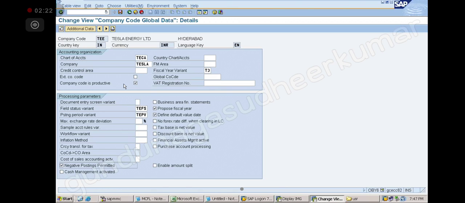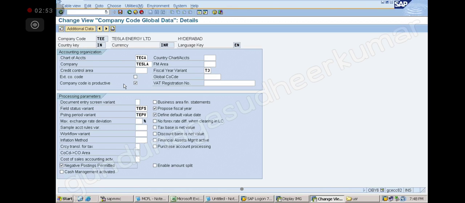Company code is productive means what? Company code is in use. So how does this tick help us? It will help us to protect the company code data. If someone is deleting your company code data, he cannot do it. Why? Because this will stop him. Until and unless this is removed, he cannot do it.